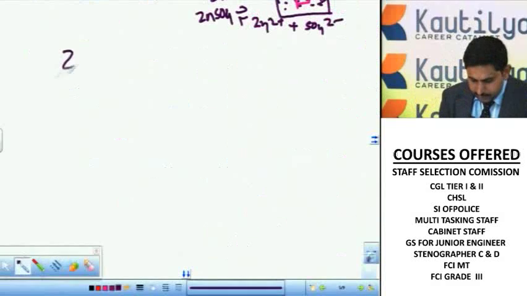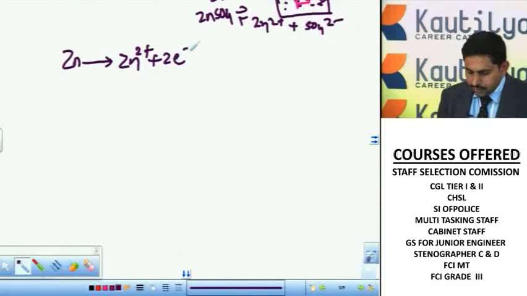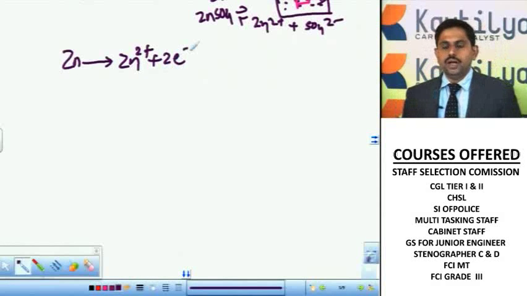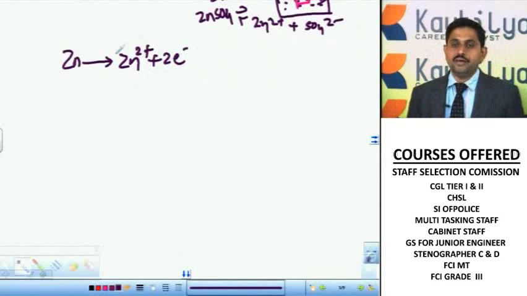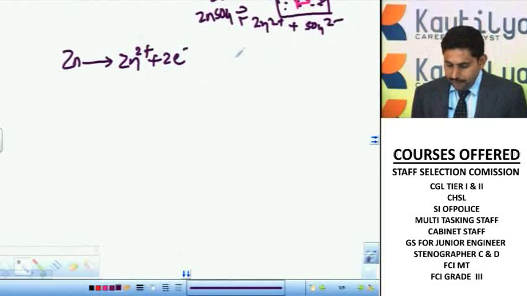See, zinc is donating 2 electrons and it will try to convert into Zn2+ ions. Now I'll write again. So this is my